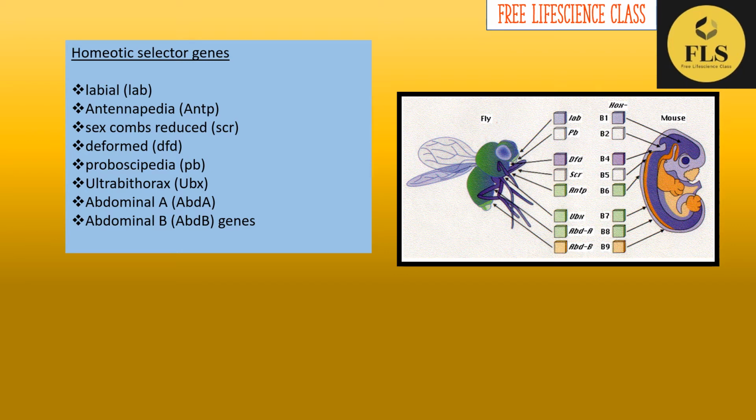To initiate the role, the homeotic selector gene should interact with Hox genes and other homeotic genes through a homeodomain. So we can say these homeotic selector genes encode certain homeodomain proteins. They will interact with Hox genes as well as other homeotic genes and initiate the segment-specific gene regulation. Here I used two words, homeodomain as well as Hox gene.